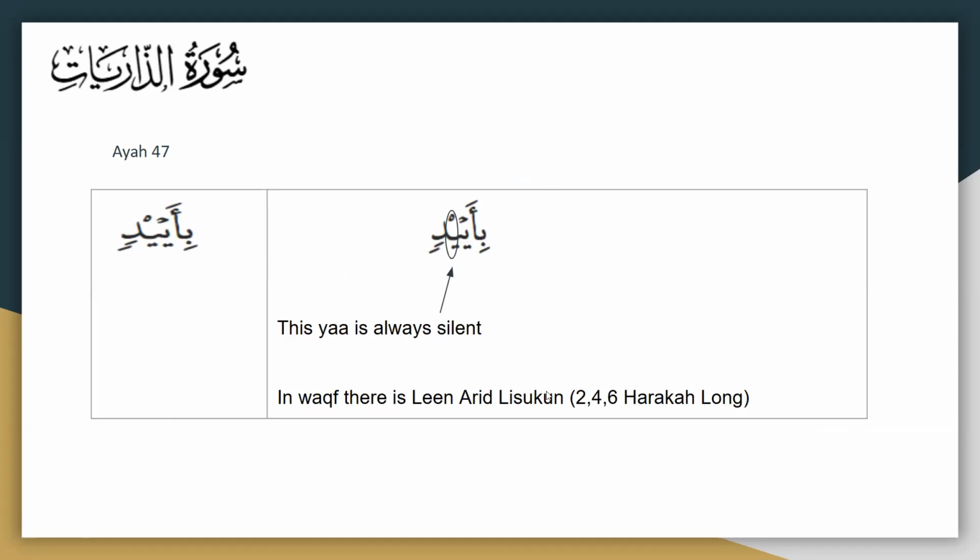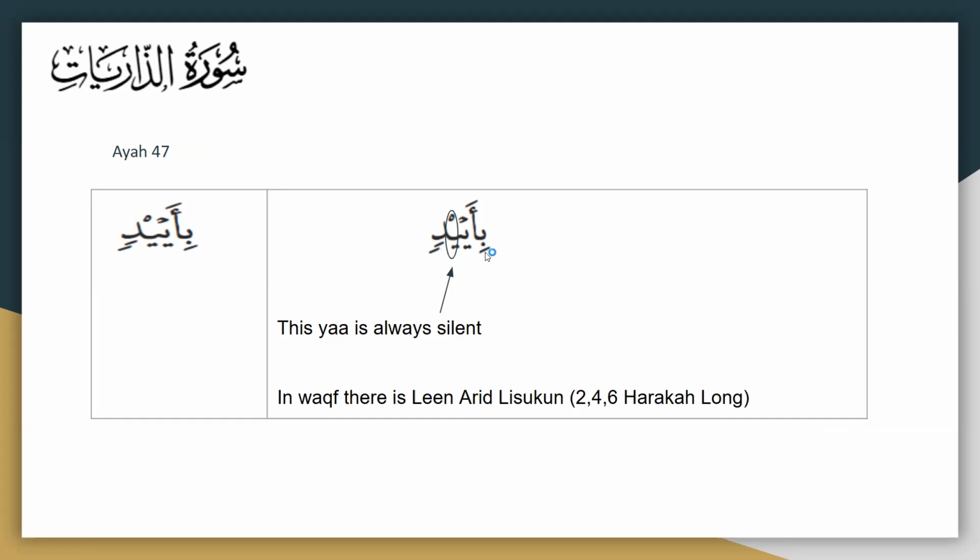Surat Al-Dhariyat, ayah number 47. We have the word bi'aidin. We can see this circled letter. This is called Sifr Mustadir, which means when this letter carries a tilted circle which is not completely round, this letter will always be silent. You will never read it. So therefore, we will consider the ya sakina and then the dal after it. So when you are doing a waqf on this word, you will be reading as